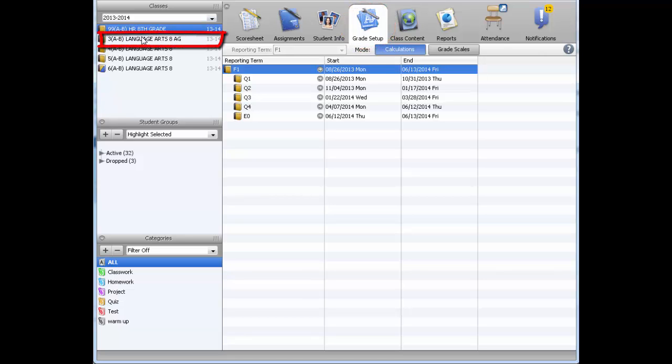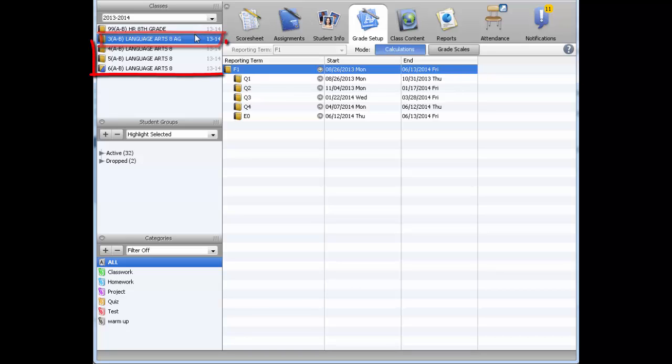What we're going to do is manually change the first of the classes in your list, because there's no need to do that for your homeroom. And then after we've manually changed that, we're going to use the copy button to copy them on the subsequent classes. So now, manually changing that first class, what we want to do is click on F1,